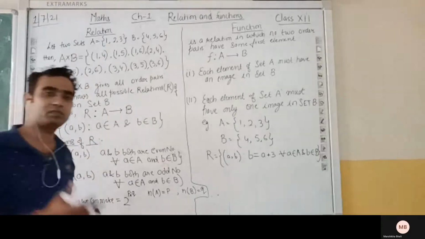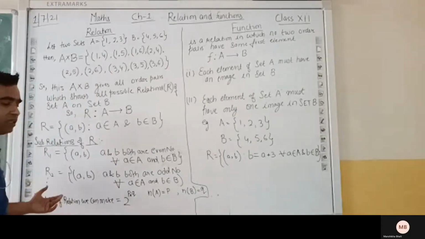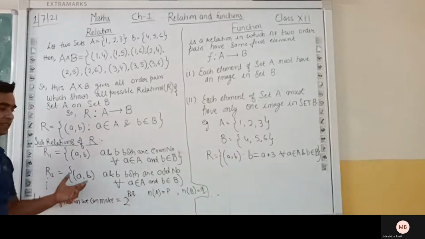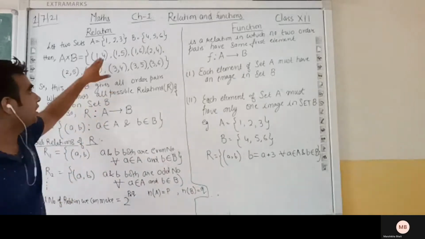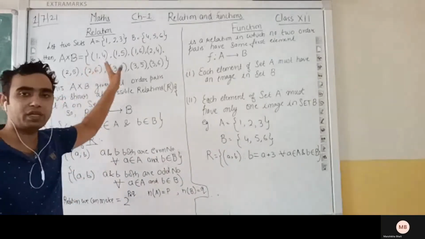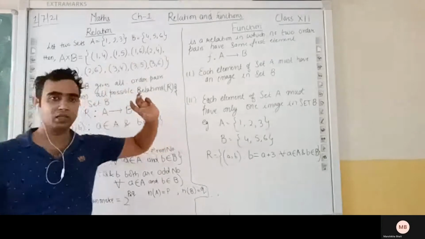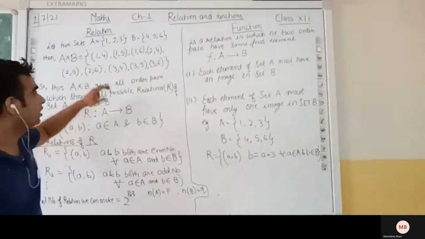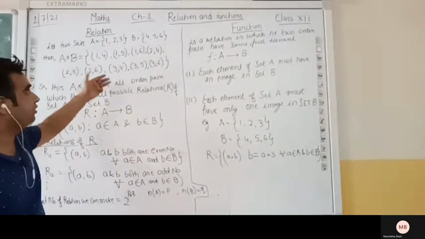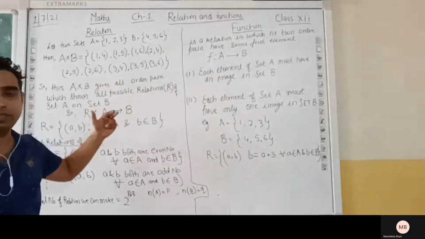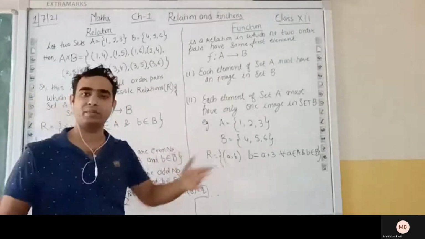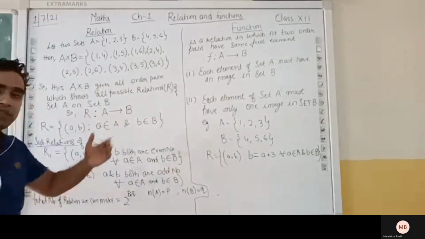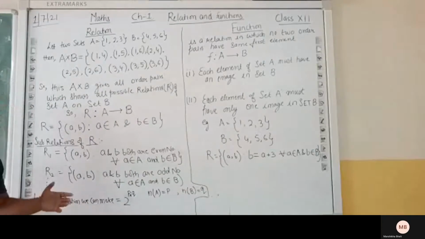हम ऐसे और relation बना सकते हैं जैसे कि we can make a relation 3, that is R3, in which the ordered pair has the first element an even number and second element an odd number. So that means it is our relation 3. Relation 4 भी बना सकते हैं in which हम कह सकते हैं हमारा first element should be an odd number and second element should be an even number. So like this we can make many relations.